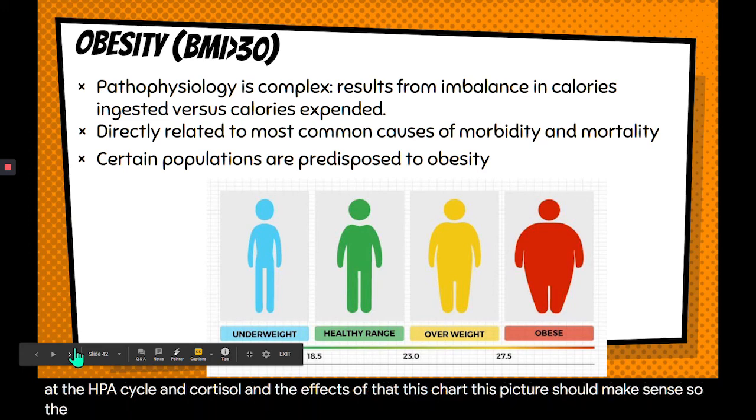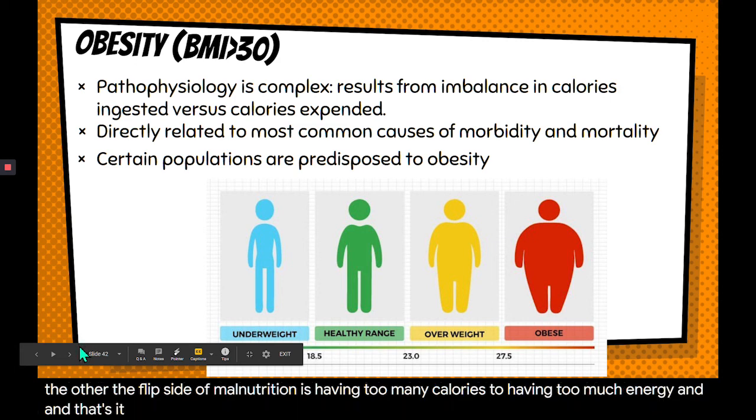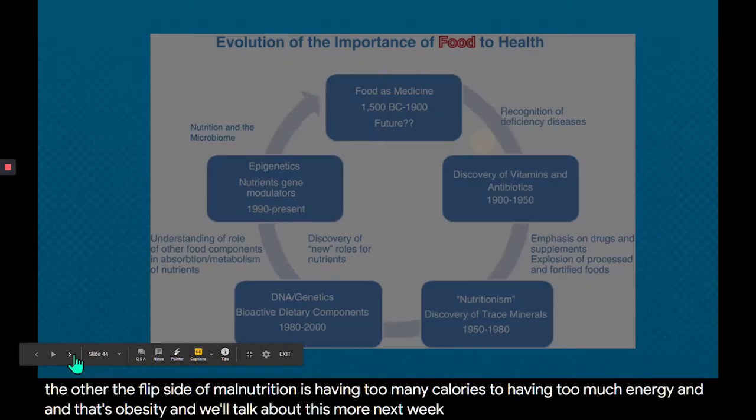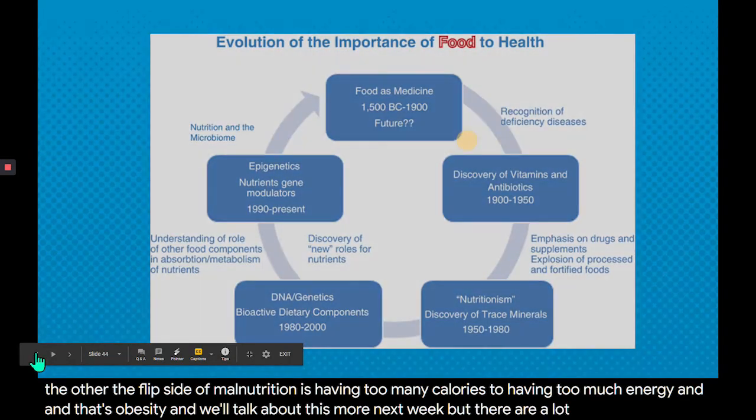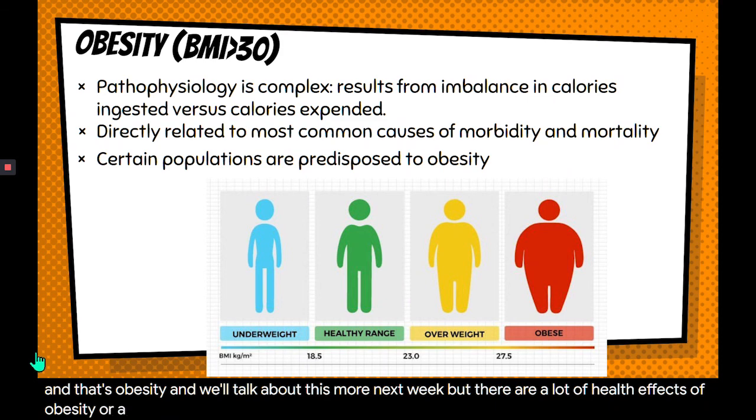So the flip side of malnutrition is having too many calories, having too much energy, and that's obesity. And we'll talk about this more next week. But there are a lot of health effects of obesity, or a lot of correlated effects, not